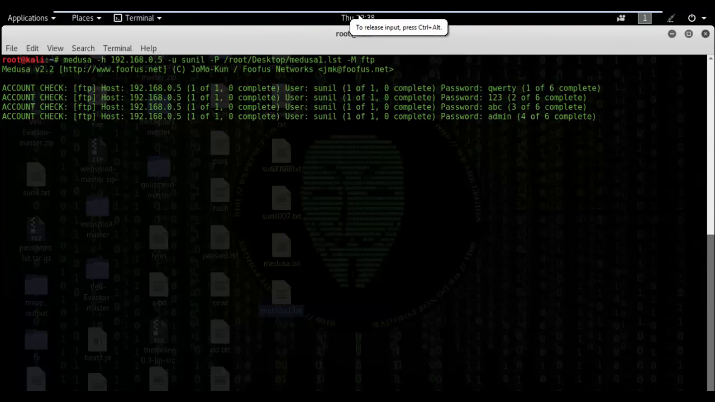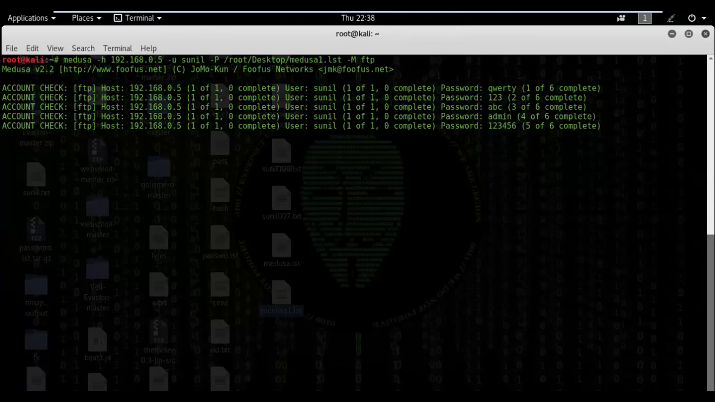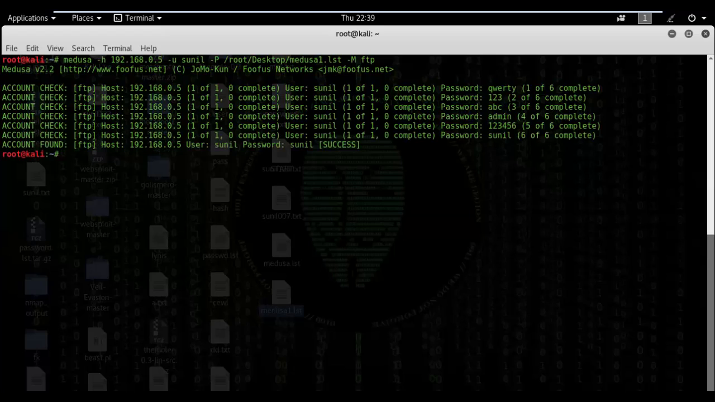And let's check another one. 1 2 3 4 5 6, it's not the right one. And the last one is Sunil. So let's see if it works or not. Yes. Now you can see the password is Sunil, and you can see that Sunil is the successful password